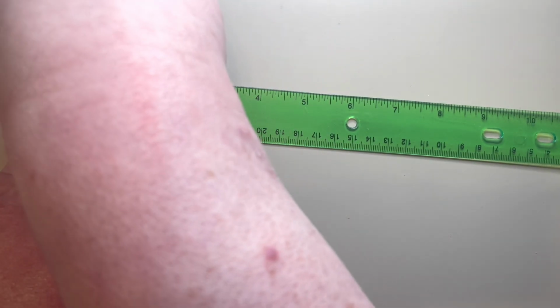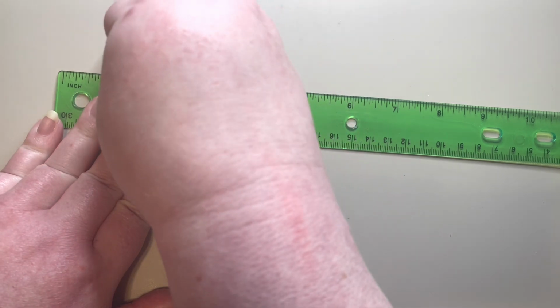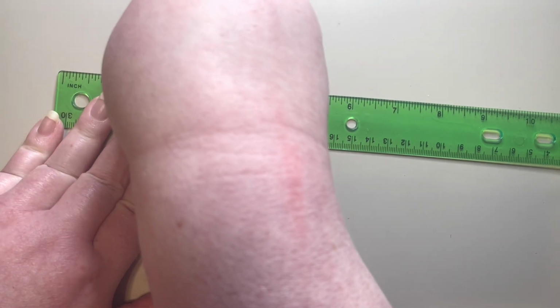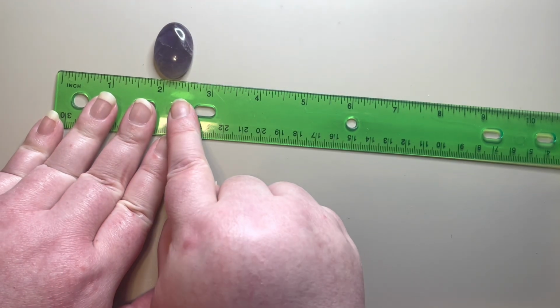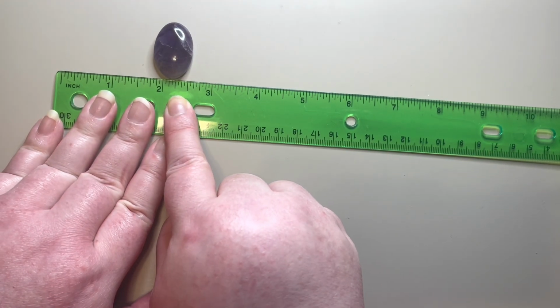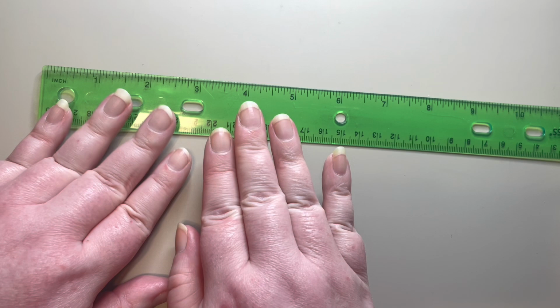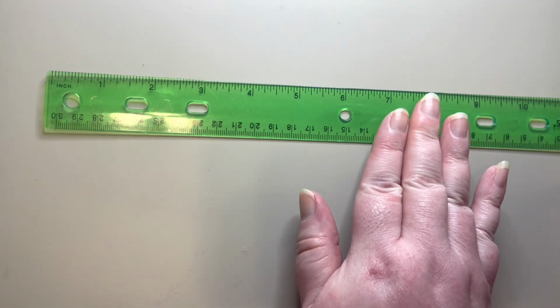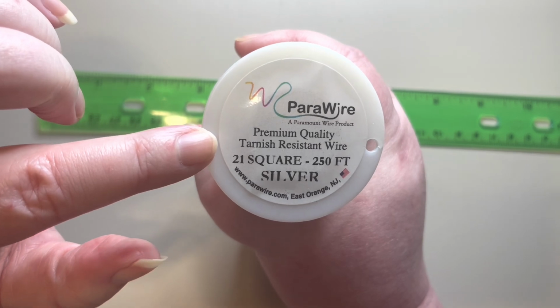And to fully measure the stone, what I like to do is roll it up, roll it to the side, and then roll it up on its end again. And it comes out to almost 2½ inches. So I'm going to add 6 inches to that for the amount of wire I need. So I'm going to cut about 8½ inches of wire, and I'm using Parawire, and I'm using 21 gauge square